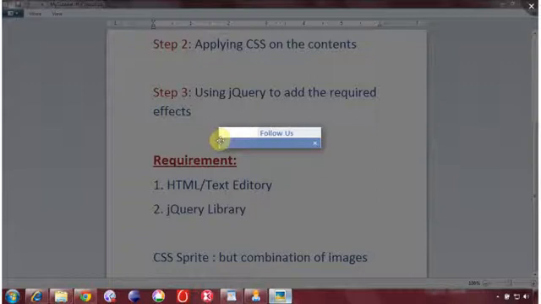This is 100 pixels, and there are two images combined here. 0 to 50 is the followers button, and 50 to 100 is the remaining portion of the image, the remaining sprite. I should say images is not a better term here; we call it a CSS sprite, combined images. The idea is that when the user first clicks on it, when it is in the collapse state, only the 0th to 50th position of this image will be displayed, and when it is expanded, the 50th to 100th portion of this image will be displayed.